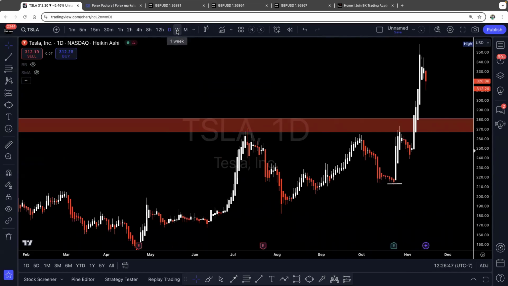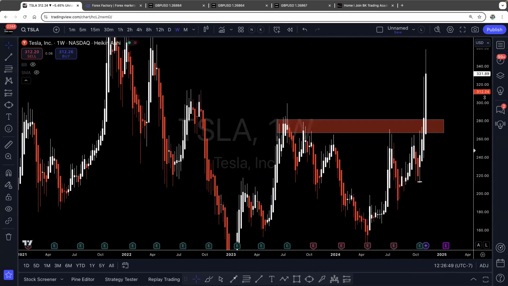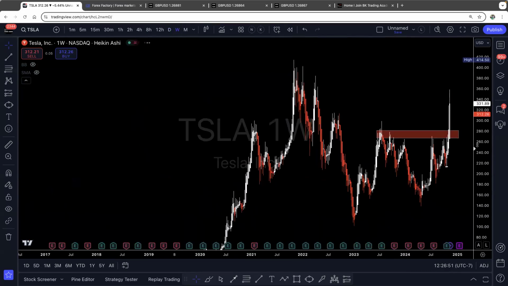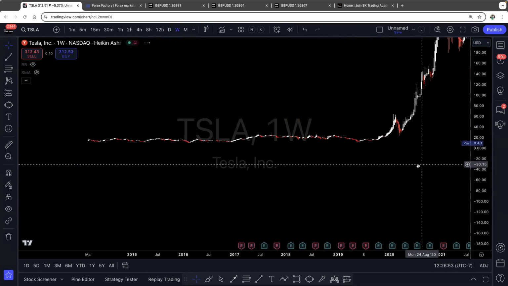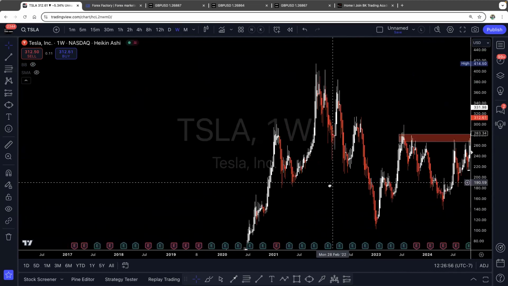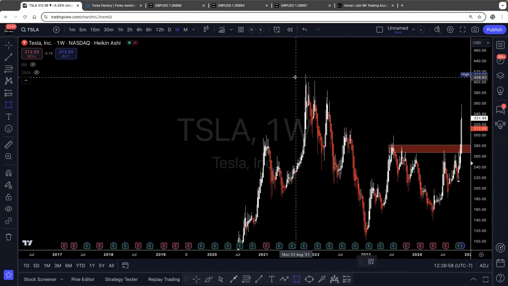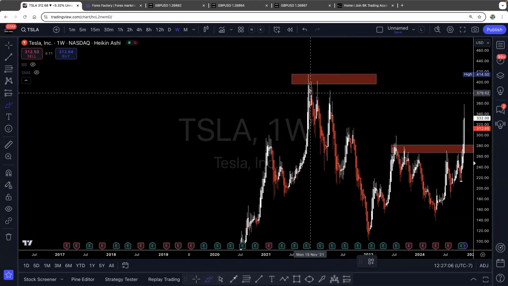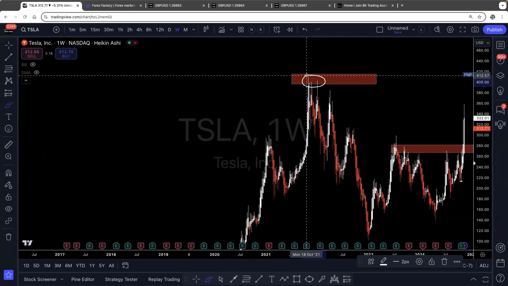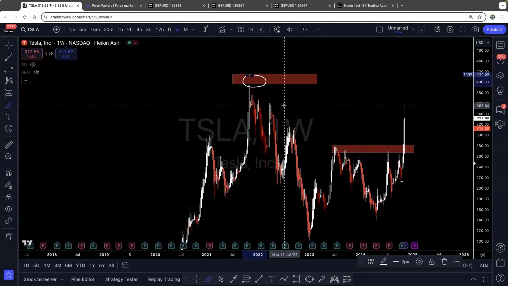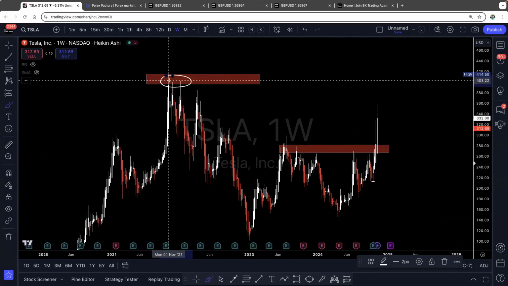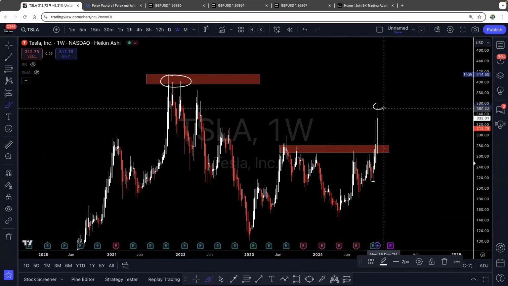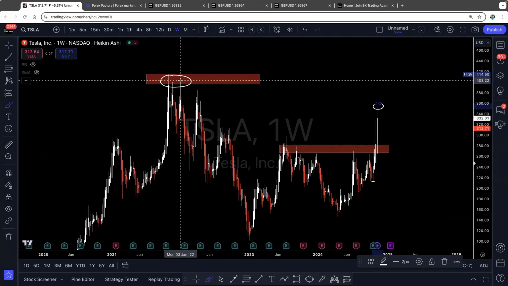Remember, Fortune 100 company, I'm going on a weekly time frame. I'm going to follow the trend. So overall, an uptrend, but I can see it capped and peaked right up here back in October 2021. This was the cap. This was the peak right here. I'm keeping that in the back of my mind. Highly important. I'm going to fast forward. Price is nowhere up here. This is where price is at, so I don't have to worry about this now,